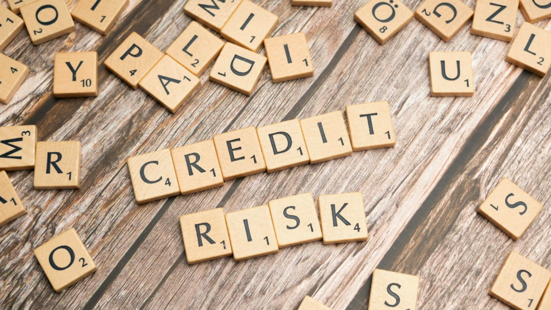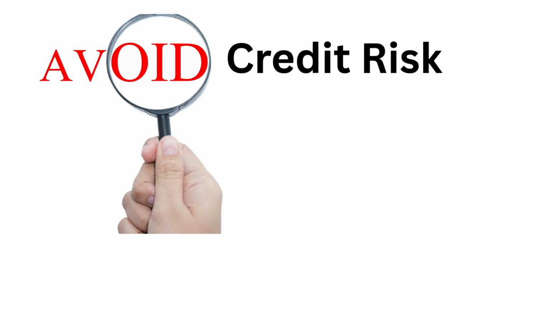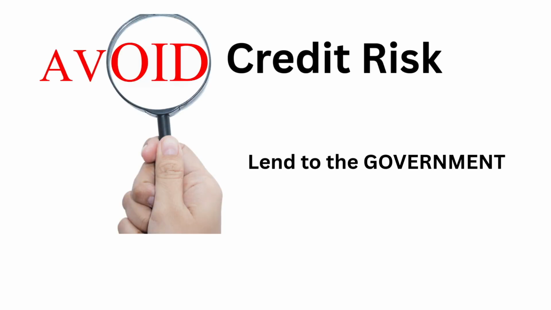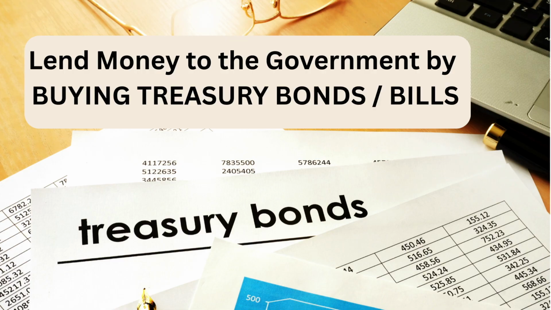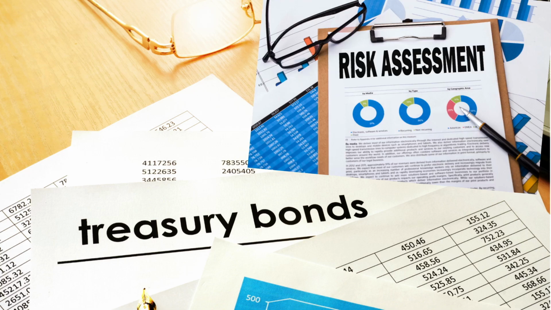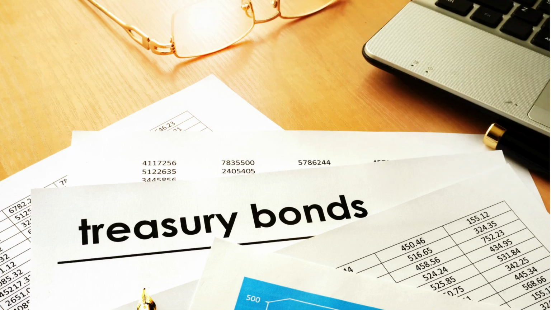Now, there's a way to avoid this issue. Just lend to the safest possible borrower. That will be the US government. So instead of lending, say, in terms of real estate or mortgage loans, or lending to big commercial borrowers, the bank instead can lend money to the government. How? Well, by just buying government treasury bills or bonds. Here, there is no credit risk for all practical purposes, as that borrowing is guaranteed to be paid by the government. Now, the financial statement might look something like this.